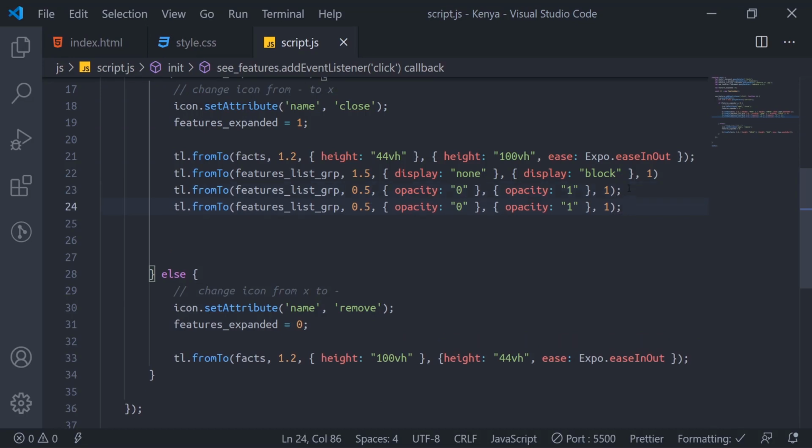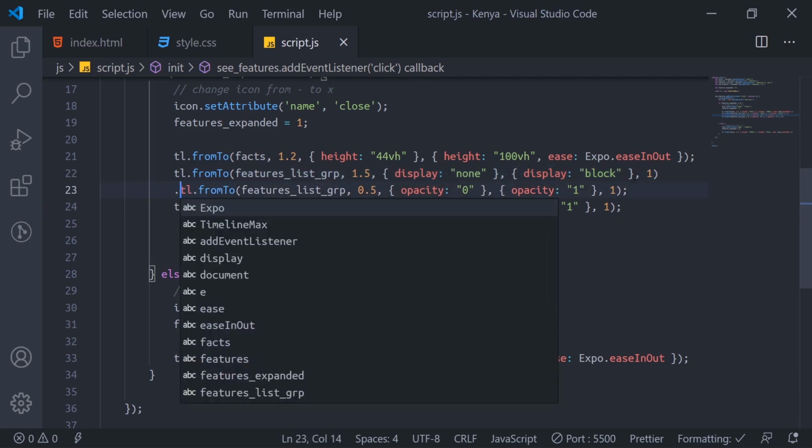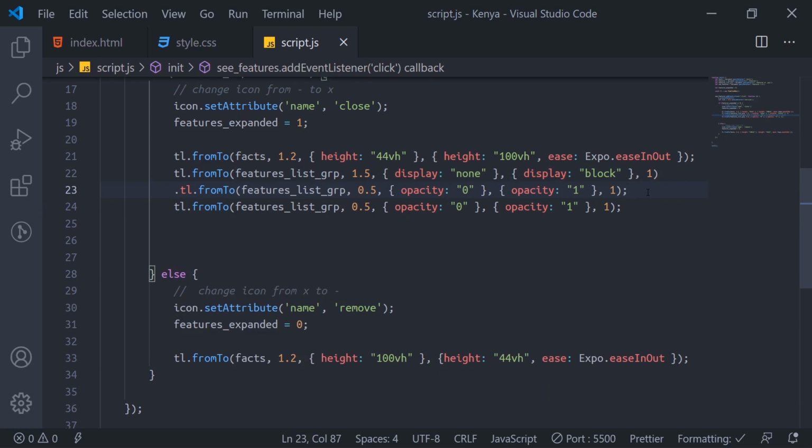Take note of these two things that are showing. I didn't do it properly, so hold on. I'll check from to 1.